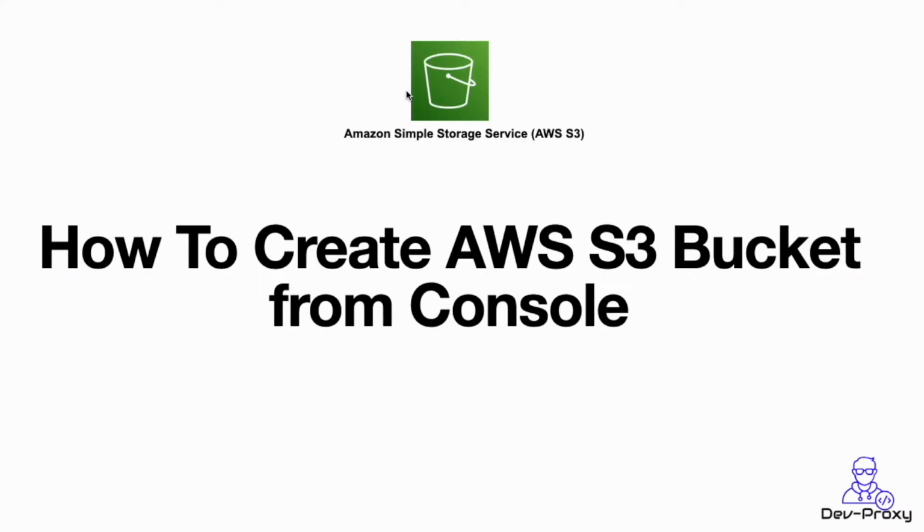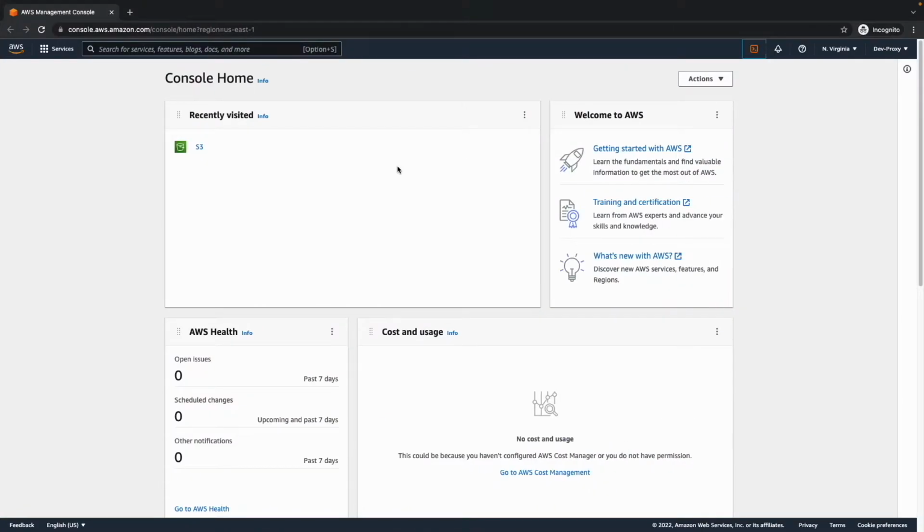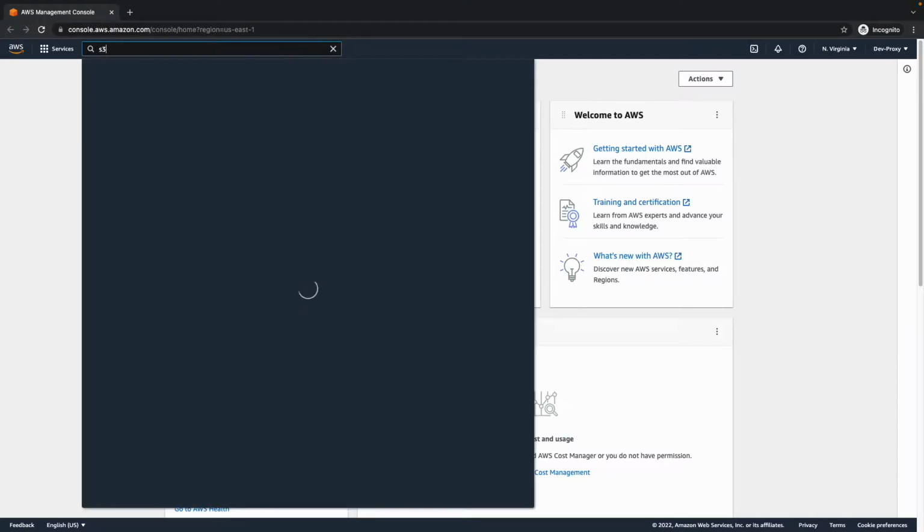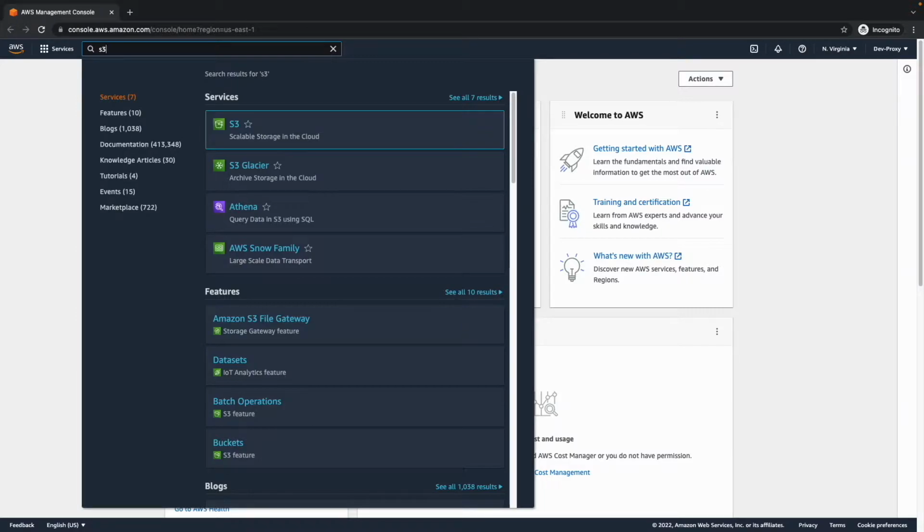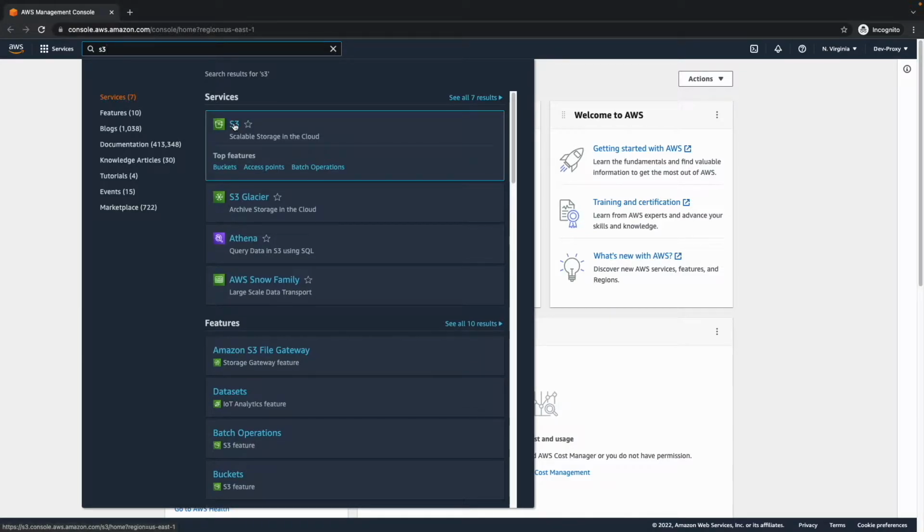Today we are going to discuss how to create an AWS S3 bucket from the console. After logging into the AWS console, in the top left-hand corner, you see a search box. Type S3 and you see a list of services matching S3. Select the first one, S3,